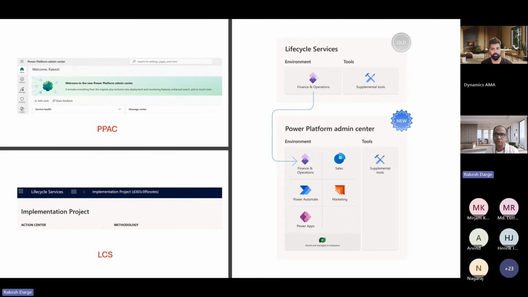But in this pictorial view, what I'm trying to highlight is that everything is managed through the Power Platform Admin Center. And the way we used to look at the architecture of the finance and operation app, in the architecture group we always called it a monolithic architecture pattern that FNO has. Now this monolithic has been divided into small apps that you can see in the Power Platform Admin Center soon. On the left hand side, I tried to depict the view of the LCS, which used to be the main hub for finance and operation apps from an environment perspective, and nowadays we have PPAC.